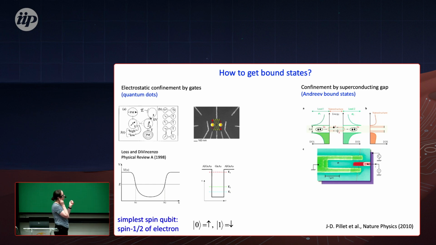So the idea of how we can go to the topological states is to use a different type of confinement, not by gates, but for example by a superconductor, right? And the idea is simple. Instead of confining by gates, I can confine by a superconducting gap, right? And when I get states inside, now they would not be standard. They would also have superconducting pairing, and they're called Andreev bound states.